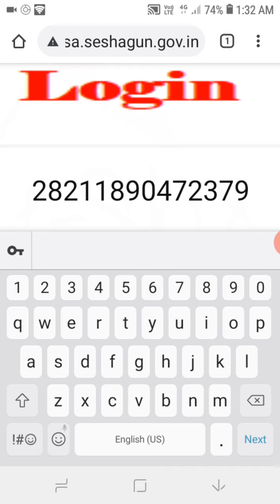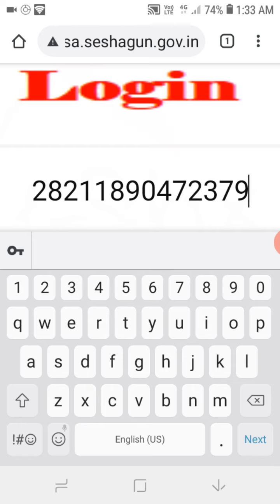After typing the username, the password will be the same. The username and password will be the same. After logging in with username and password, first it will ask you to change your password. You can give your own password. Remember, the first letter should be a capital letter, the remaining small letters, and one number and one special character will be there. You can put your own password, or else I am giving one default password for every student. That also you can type.